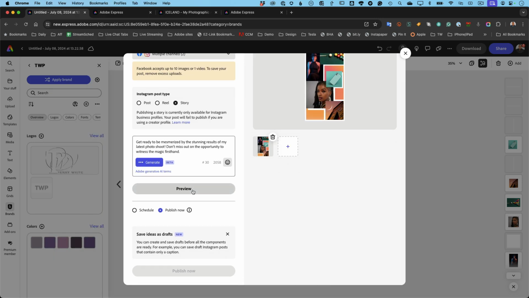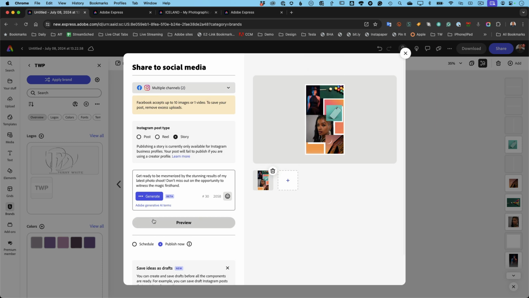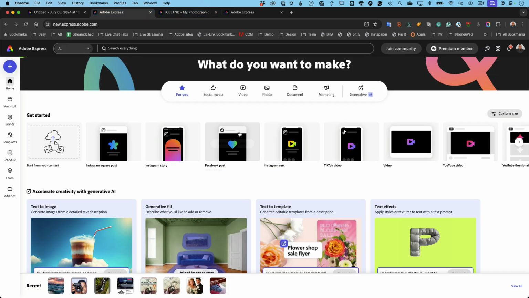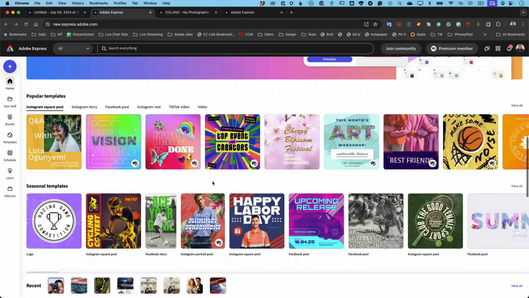And like I said, I can now publish this or preview it and/or schedule it for later, and away it would go. So number 3, generating captions. Number 2 was scheduling. Now let's go on to a different tab where I've got Express open here, back to the home page. And I want to point out, this is not new, but it's often overlooked, and it's one thing you should know. Number 4 is that Adobe Express creates these beautiful social posts, has AI features, has templates,